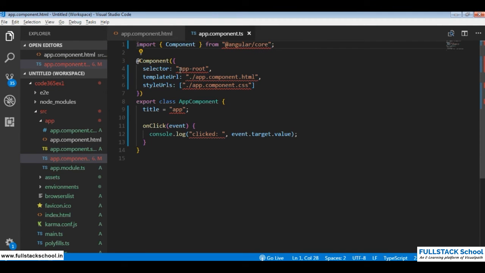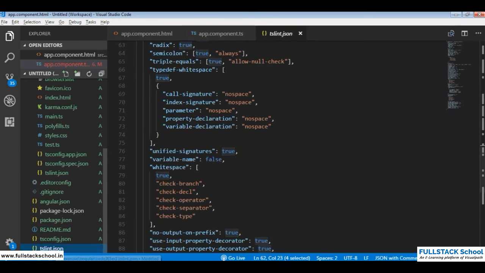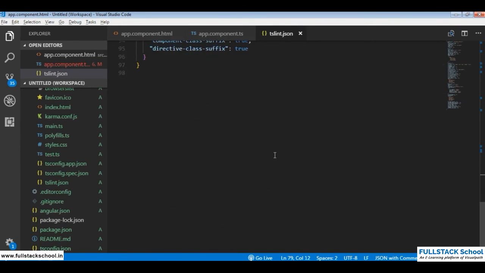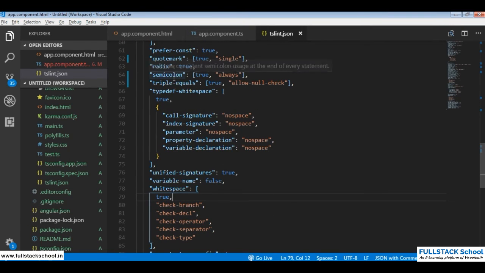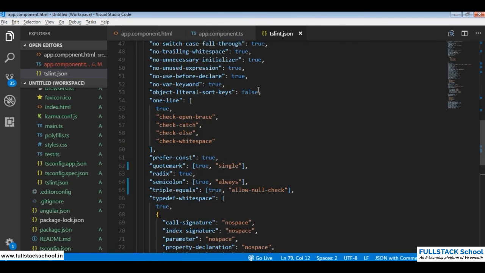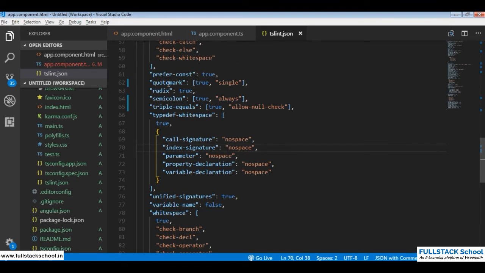And see, all this wiggly line is because of the TSLint, wherein you have semicolon and single quote rules. You can make this false and save it.